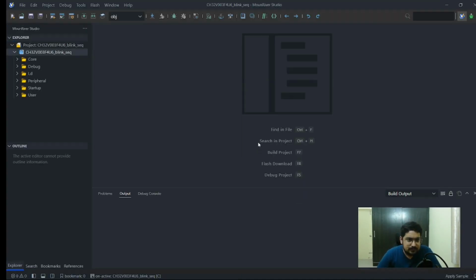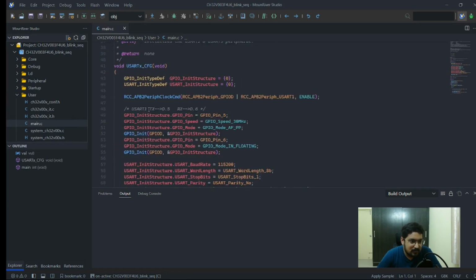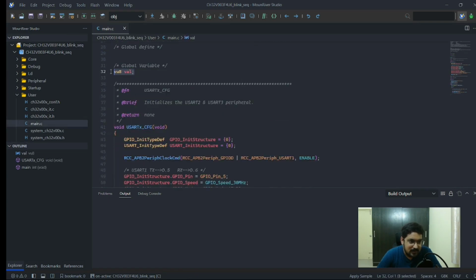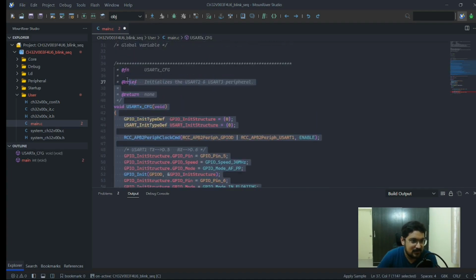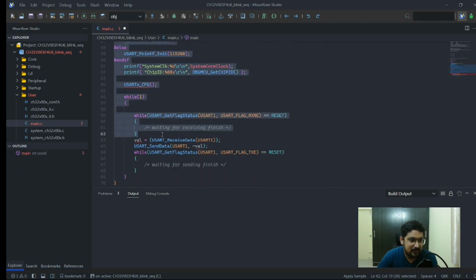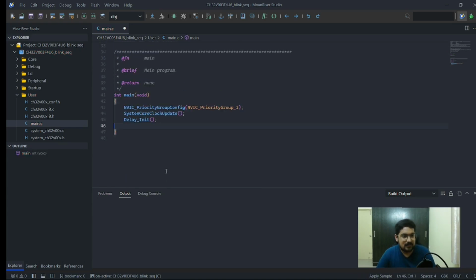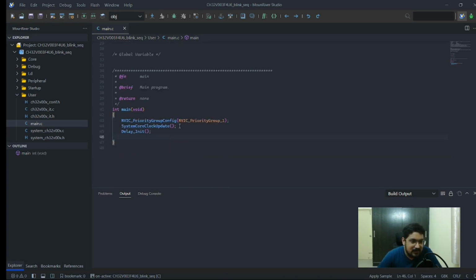Now let us go to the main section and just remove what we don't need. I don't need this value right here. I don't need the entire USART section, and I don't need any printf. Okay, this is all I need, and we might not even need the core clock update or the other functions, but let us keep them for now,